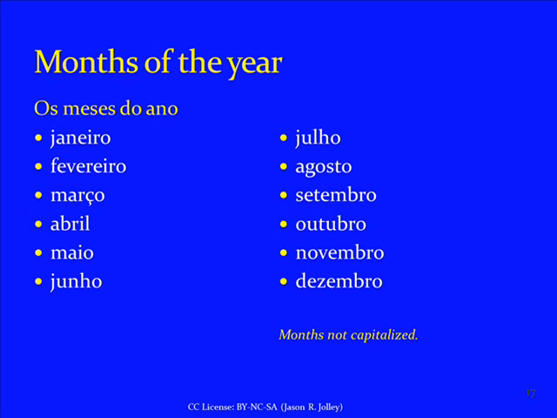Okay, now we're going to move on to the terms for the months of the year in Brazilian Portuguese, or os meses do ano. Starting with January, janeiro, fevereiro, março, abril, maio, junho. July is julho,